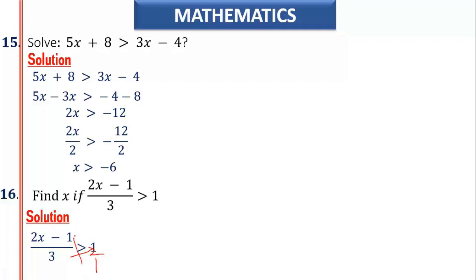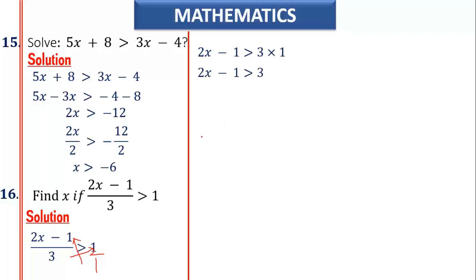That means you have 2x minus 1 is greater than 3 times 1. That will give you 2x minus 1 is greater than 3. So that means 2x is greater than 3 plus 1. Of course, 3 plus 1 will give you 4. Okay, so from what we have there, you can then go ahead and solve further by